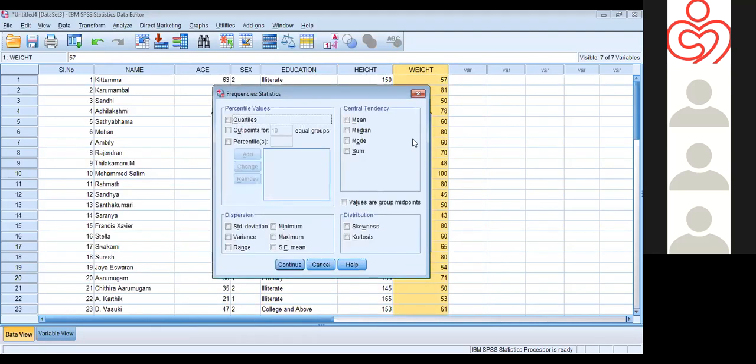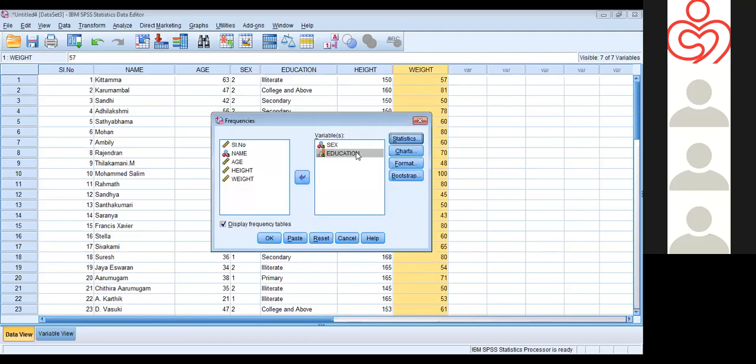If we want to analyze the mean, median, mode, standard deviation, minimum, maximum, range, all this analysis we can do here. For continuous variables also, we can do the frequencies, but usually we select frequencies for categorical variables only. So here we choose sex and education and display the frequency table.